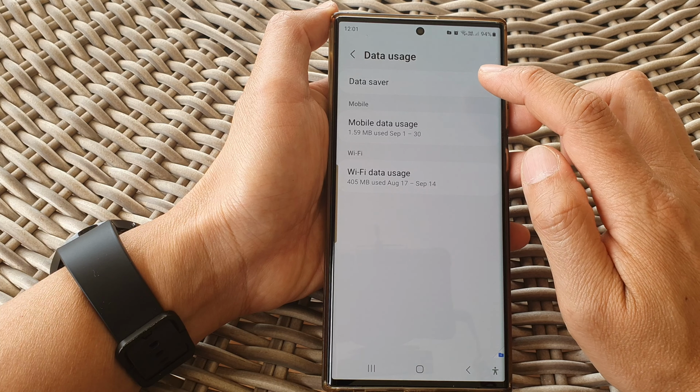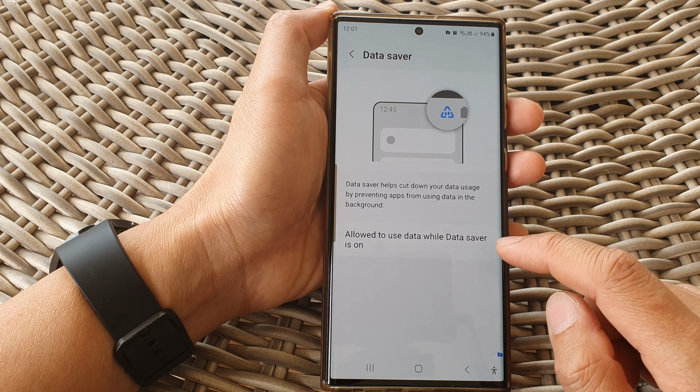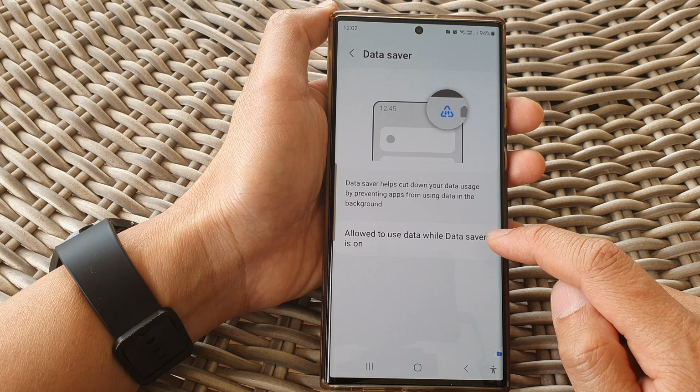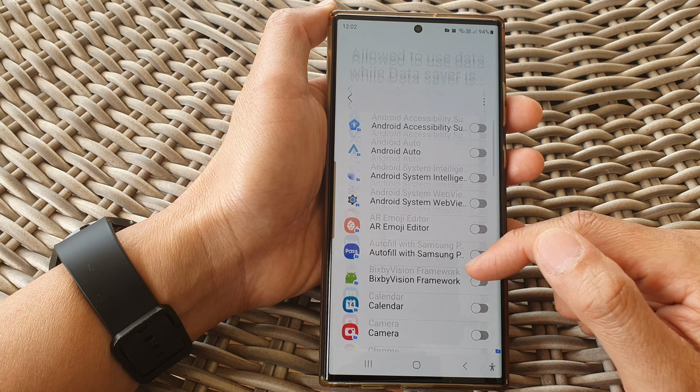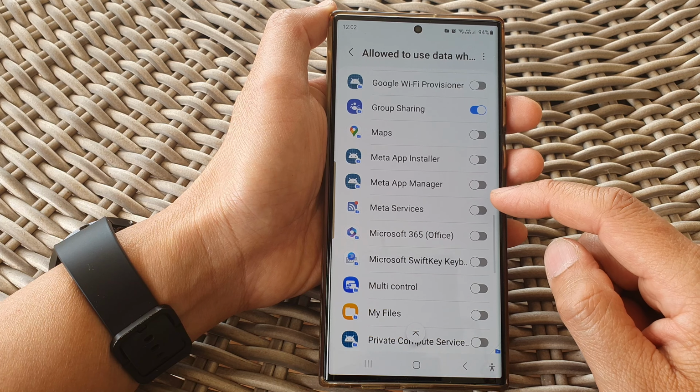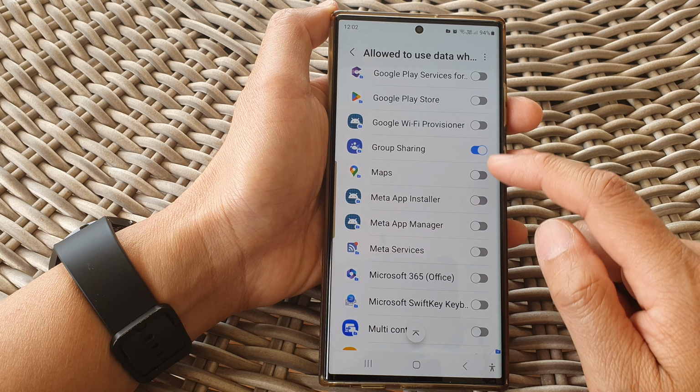At the top here, tap on data saver. Then tap on allow to use data while data saver is on. On the next screen, go down the list of apps and choose which apps can or cannot use data while